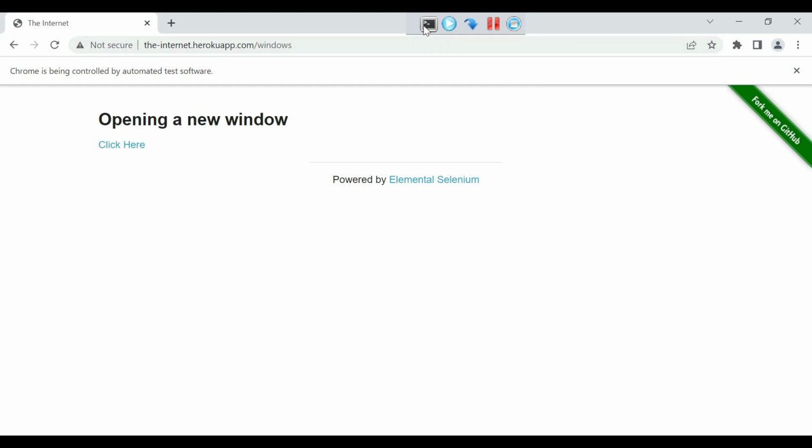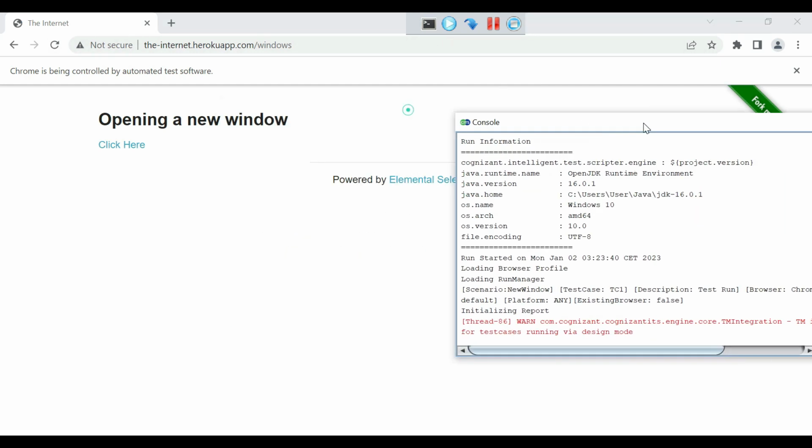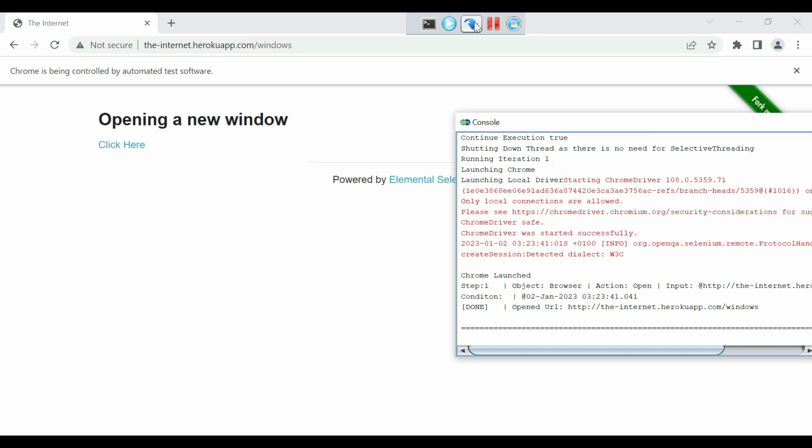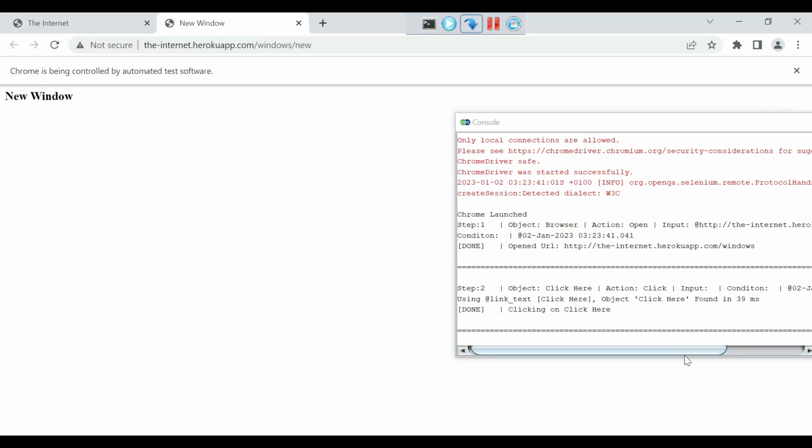Okay, the browser has opened. We'll open up the console and click on next. Right, so it has clicked on the click here hyperlink, and this new window has opened up. Now let's see if the context is switched or not. So next step,